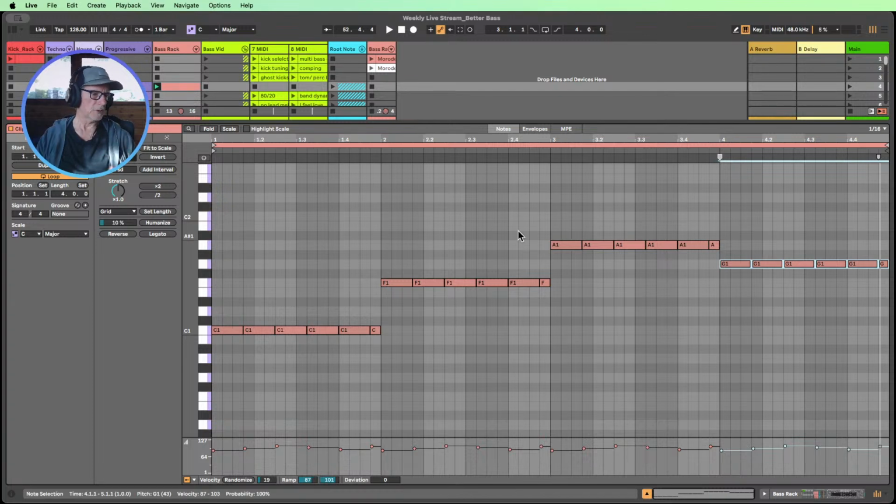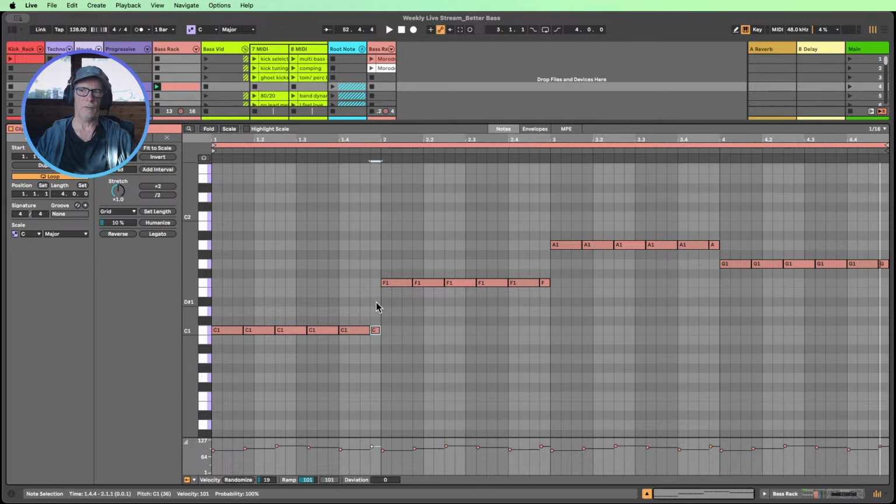So a simple sort of progressive house style bass line there using dotted 8ths, and we're just finishing off the last little bit there with just a 16th.